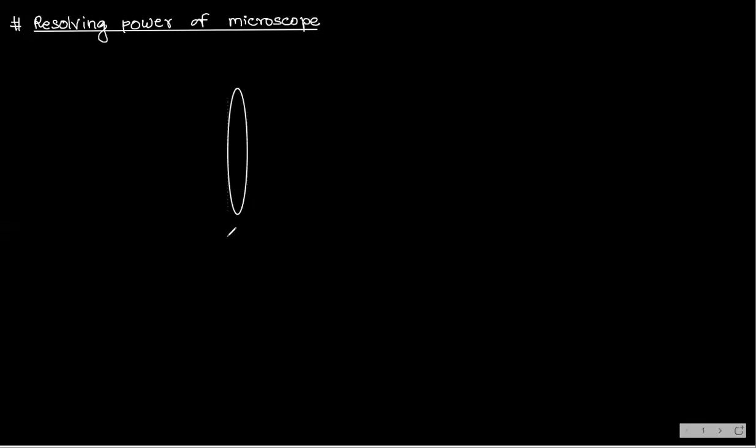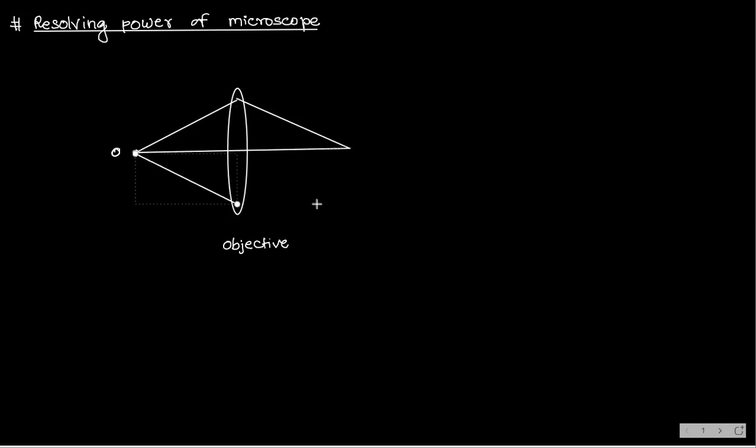Now let us assume that this is objective lens of a microscope, and here I am keeping one object, that is O. Now the image of this object we will get somewhere here, and let this angle be alpha. Okay,